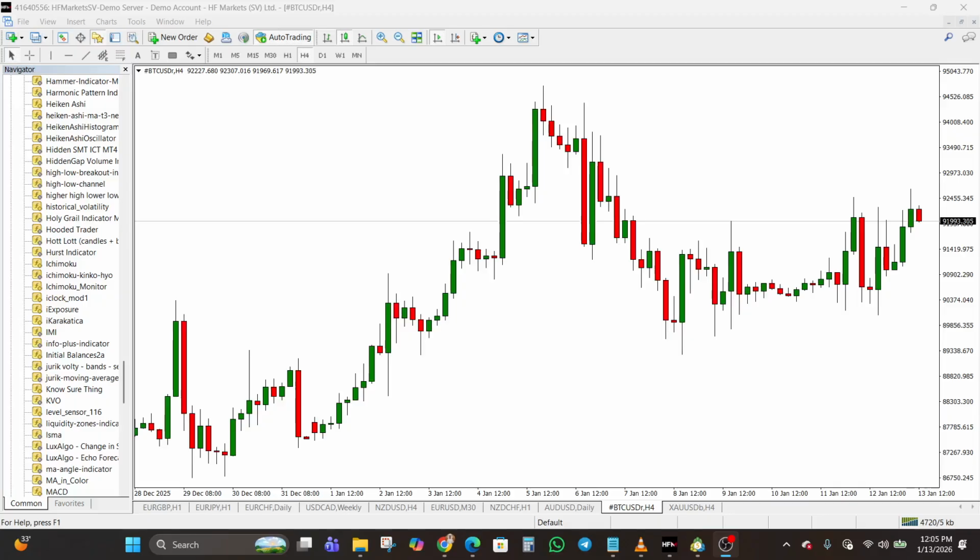In this video, I'm going to be showing you how to use the Info Plus indicator for MT4. The first step is to download the indicator from the description below. You're going to find the link. After downloading it, just decompress the folder, and then pick out the indicator file from the decompressed folder and